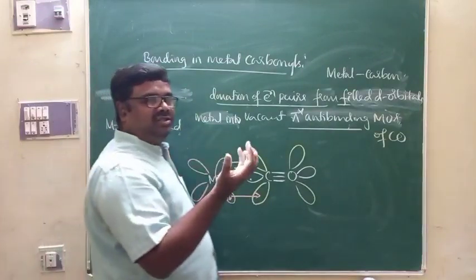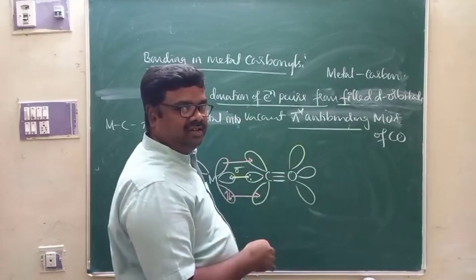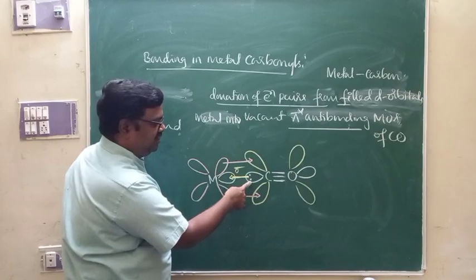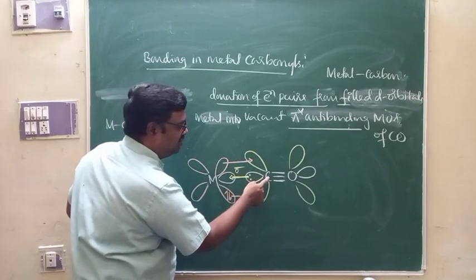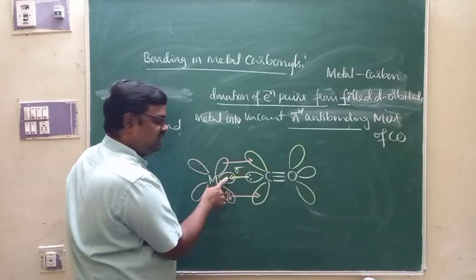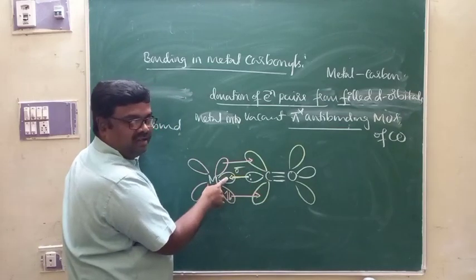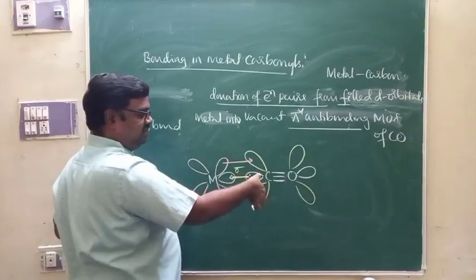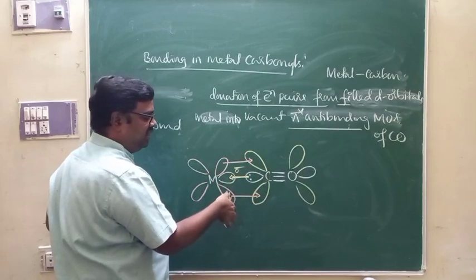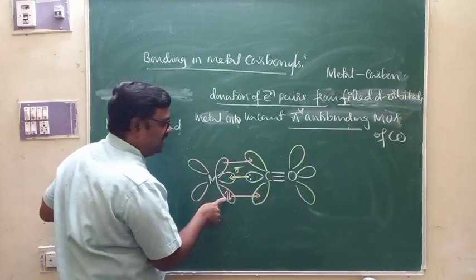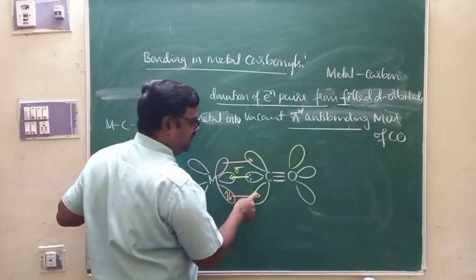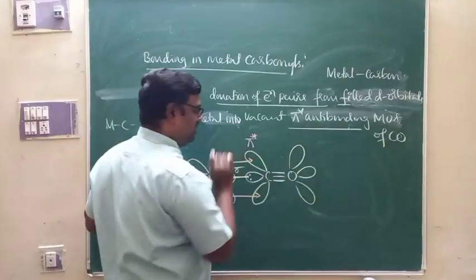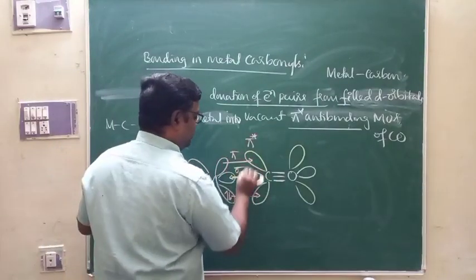Generally, the metal ion is going to accept the electron pairs from the ligands, is it not? That happened here. The sigma bond is formed by the donation of electron pairs from carbonyl carbon into the vacant orbitals of metal, whereas pi bonding is taking place in the reverse direction. That's why it is called back donation. The pi bonding is due to the donation of electron pairs from filled d orbitals of metal into the vacant pi star anti-bonding molecular orbitals of carbon monoxide, and that results in what we call a pi bond.